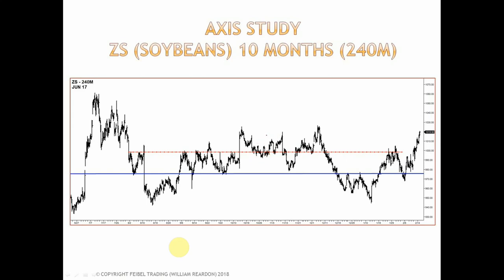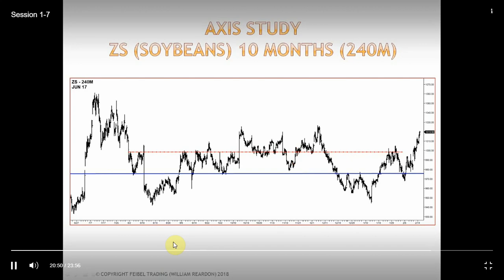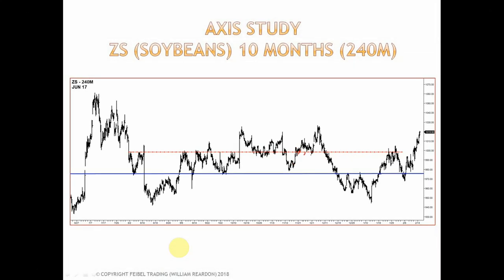Still supply, and the rallies in comparison are choppy. So we react down on this bar, close under axis resistance, no surprise, come down, we rally up, and look how we rally up, good strong price action,